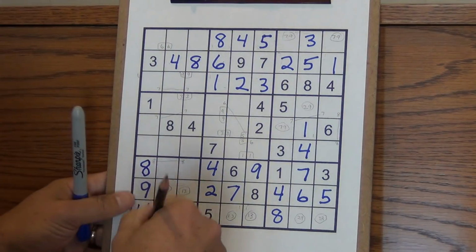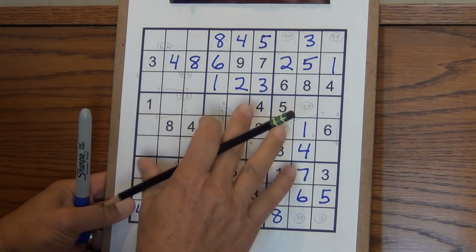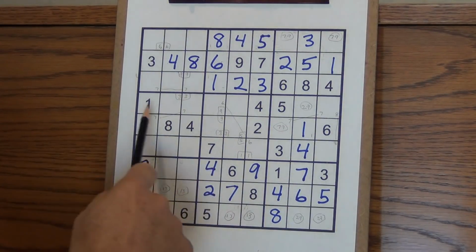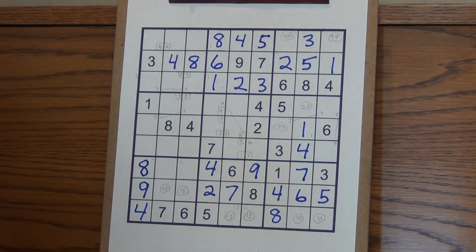And now I believe I'm up to the 9. And so if I look here, 9. And those two are 9. All right. And now, at this point, I might take a break, or I might start working through again. Well, for example, like right here, I can just obviously see what one of these two